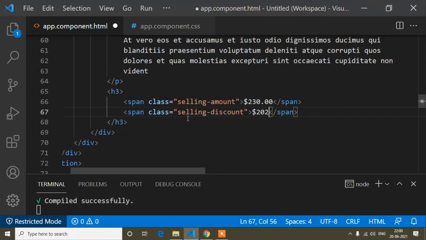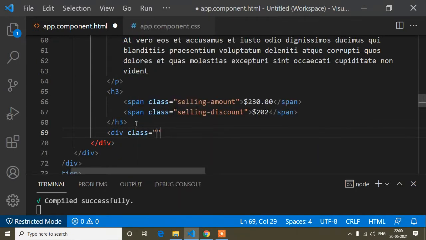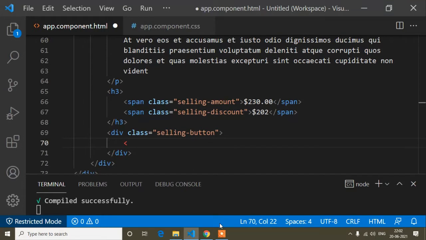Now after doing that, just below this h3 tag, I will write div class selling button. First of all, here I will create an add to cart button. So a href javascript void 0, like this.